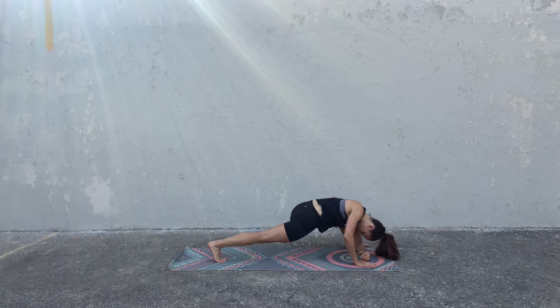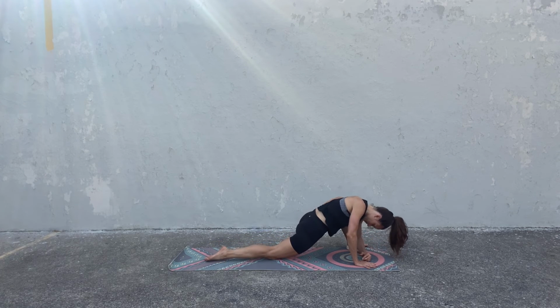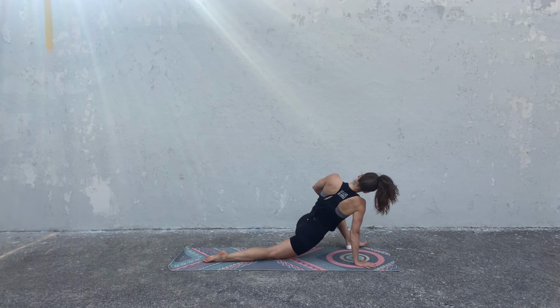Try to keep your back knee lifted, so you're going to find a little more stretch into the front of the right hip flexor, probably also having some sensation in the left hamstring. Notice if you're tensing through the back of your neck, try to allow your neck to lengthen. Lower your back knee, bring your left hand onto your left knee and thigh, spin your heart open to the